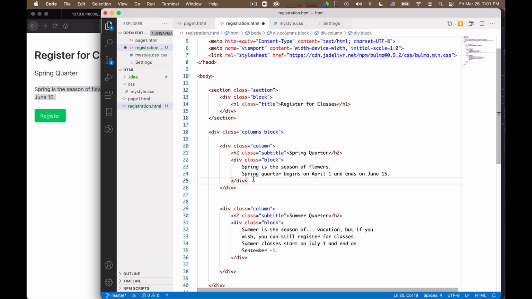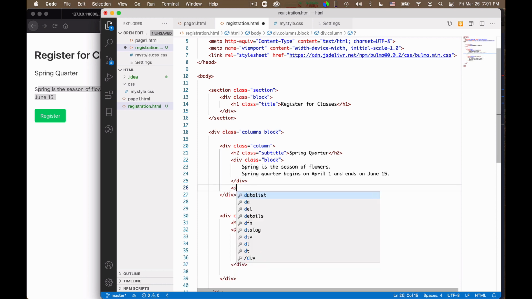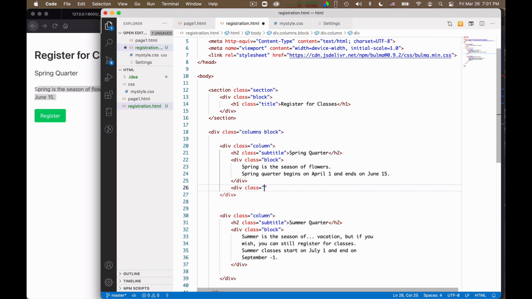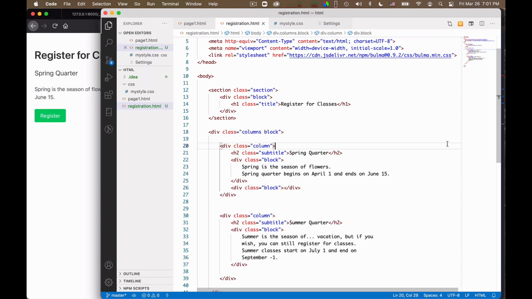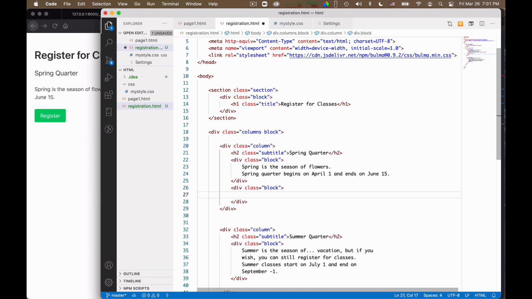So I do the first button. So I put it again in a div of class block. Okay, because this again gives me the vertical spacing. You see, I want to have a little bit of vertical spacing between the text and the button below. So I do this class block, and inside I put a button, which is actually an HTML tag of class is equal to button. Okay, how boring. With a register written in it. And let me just cut and paste these also for the other div.